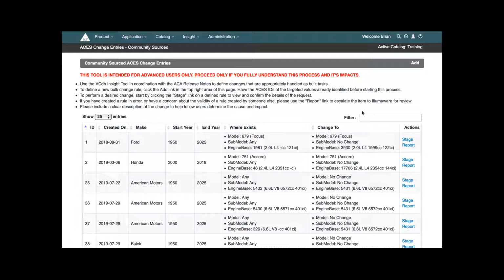However, when you create these definitions, you do have to add the specific model ID or engine ID for it to work. It is intended for users that are understanding the BCDB, know how to do research, so it is purposefully kept a little bit more complicated than some other functions. The changes out here, you need to do research and make sure that it is a change that you want to apply. If you do see something you want to apply, you have the ability to stage the change,